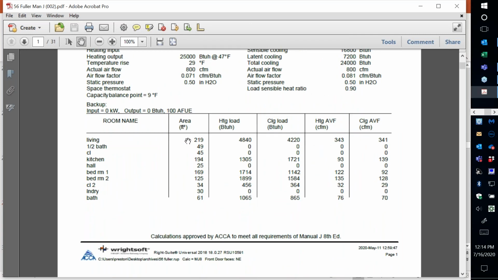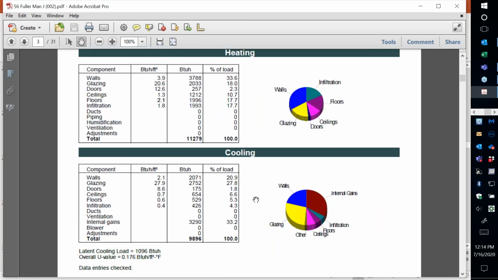You can also do things like check the areas of the house, and does anything look way out of whack here? The biggest room in this house is the living room. The next biggest is the kitchen and some of the bedrooms. Those make sense. Yeah, this is a pretty small house, it looks like. So yeah, I think